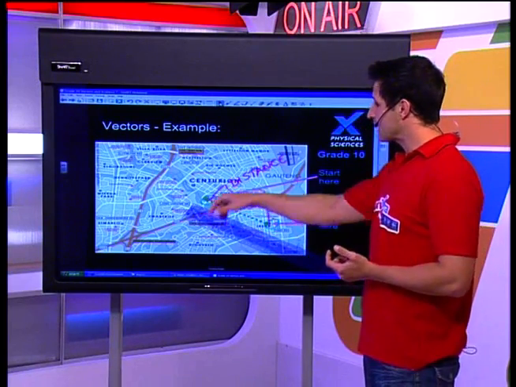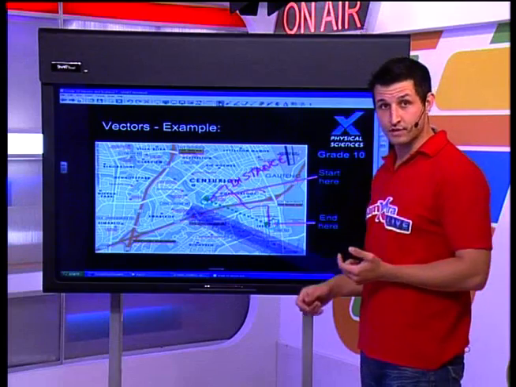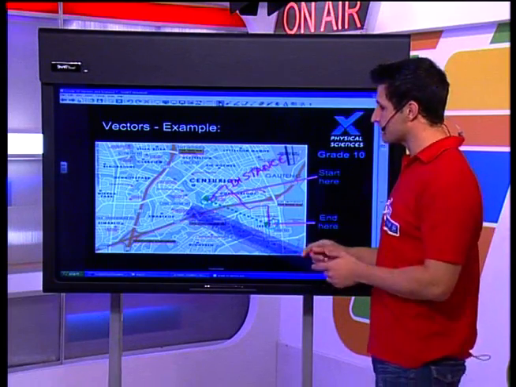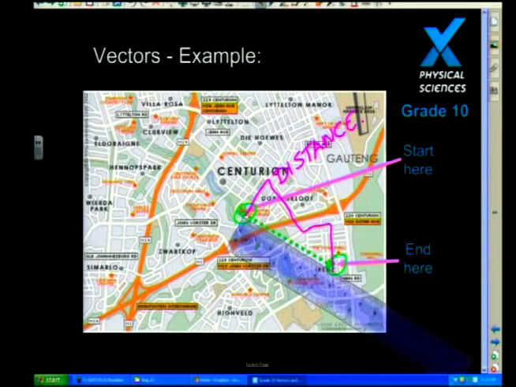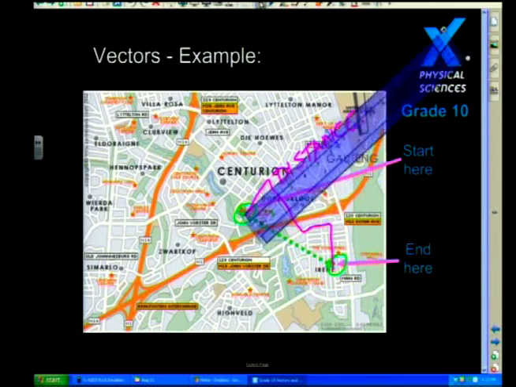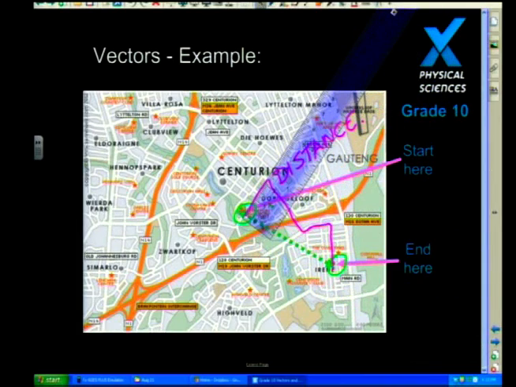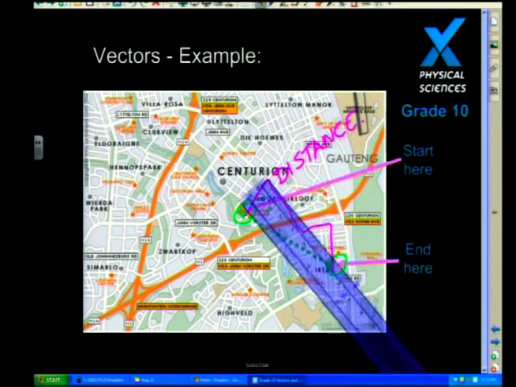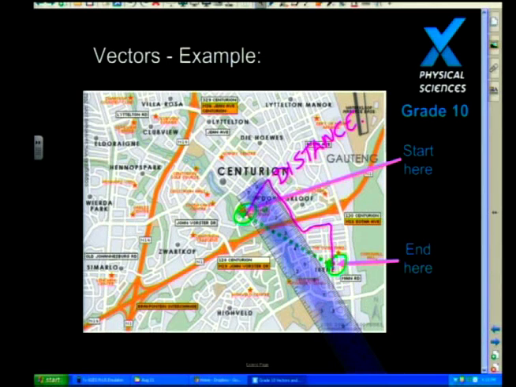You can do this with a ruler because these are mostly nice straight lines, so we can add these up. At my starting point, I'm going to put my 0 on there, and I'm going to rotate my ruler around. Let's start measuring. I've moved about 2 centimeters over there. Then I go over there, and I find very quickly that I go a great distance further down there. So I'm adding to my distance. So that's 2, and that's 3.5. Altogether, my distance is adding up quite quickly. At the moment, I've got 5.5 centimeters.